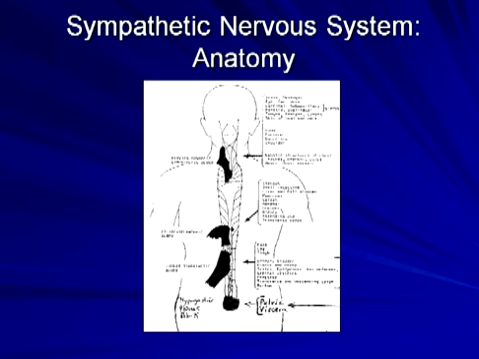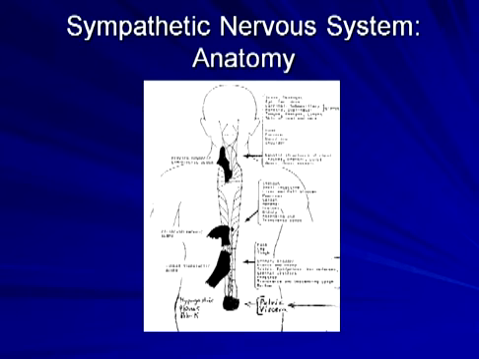And so doing a stellate block, you can get the sympathetic efferents and afferents. There's thought to be afferent input, painful afferent input through the sympathetic nervous system. You can get the sympathetic distribution, let's say, to the head and neck, upper extremity, and to much of the thoracic cavity through a stellate block.